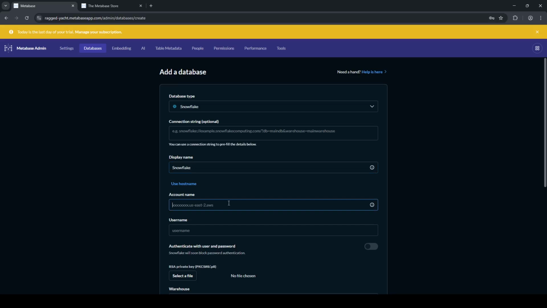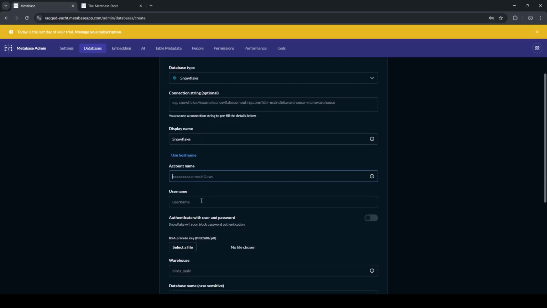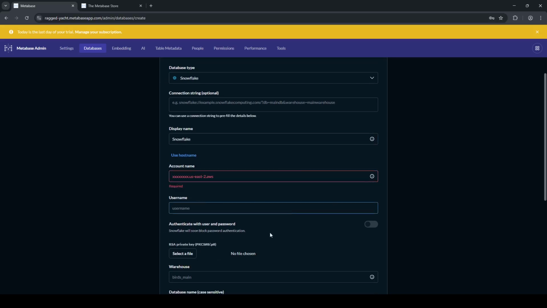Now click Add a Database and fill in the connection details. Give the database a clear display name so your team recognizes it. Enter your Snowflake account identifier and, if required, region and cloud platform details exactly as they appear in your Snowflake